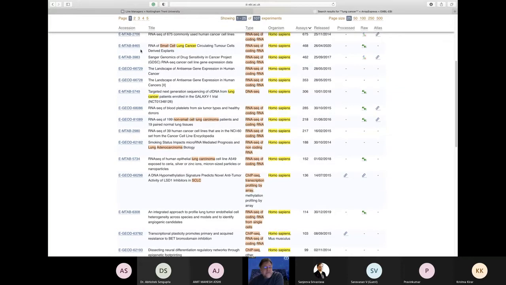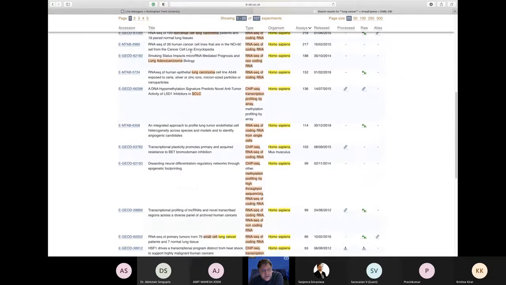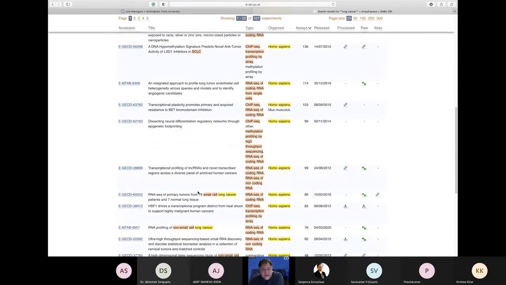This one is a single cell study, so I'm not looking at that at this point. Okay, so we have here RNA-seq of primary tumors from 79 small cell lung cancer patients and 7 normal tissue. If I look at that record, it tells me that there is RNA data and there's atlas data. So this particular one